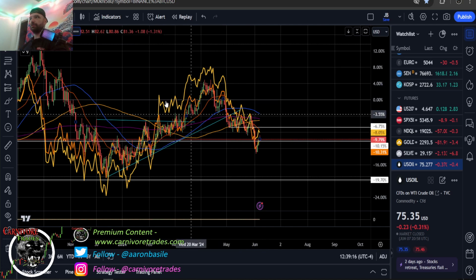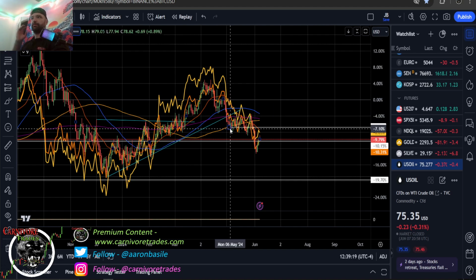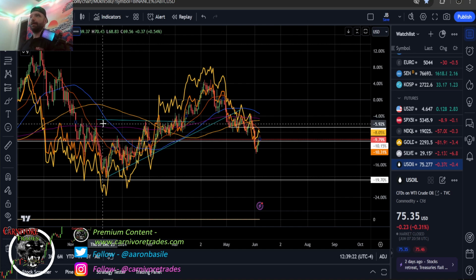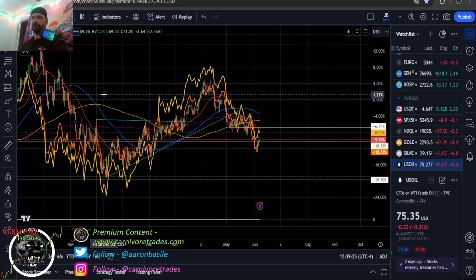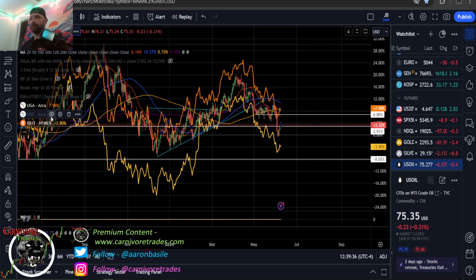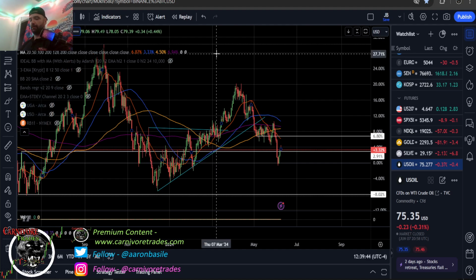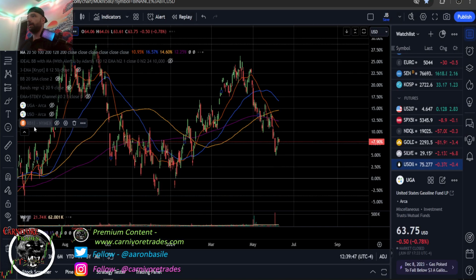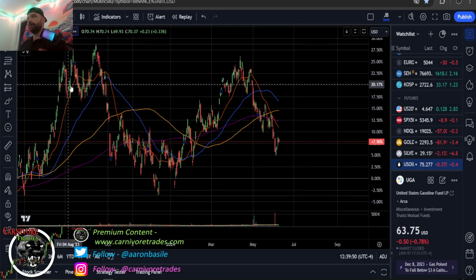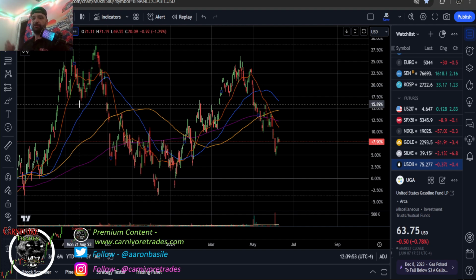Now, I noticed that in the short term, it tends to underperform in volatility, so it's not something I would look at for short-term gains. In fact, I would just look at an SCO to short, or a UCO, which is 2 times long oil, if you're looking for short-term swings. But if you're looking to hold for the next 6, 12, 18 months, I think UGA is certainly worth a look. I think it does not really get a lot of attention, and it is a viable vehicle to use, as it tracks the price very well. And again, oil and gasoline prices historically track very well as well.